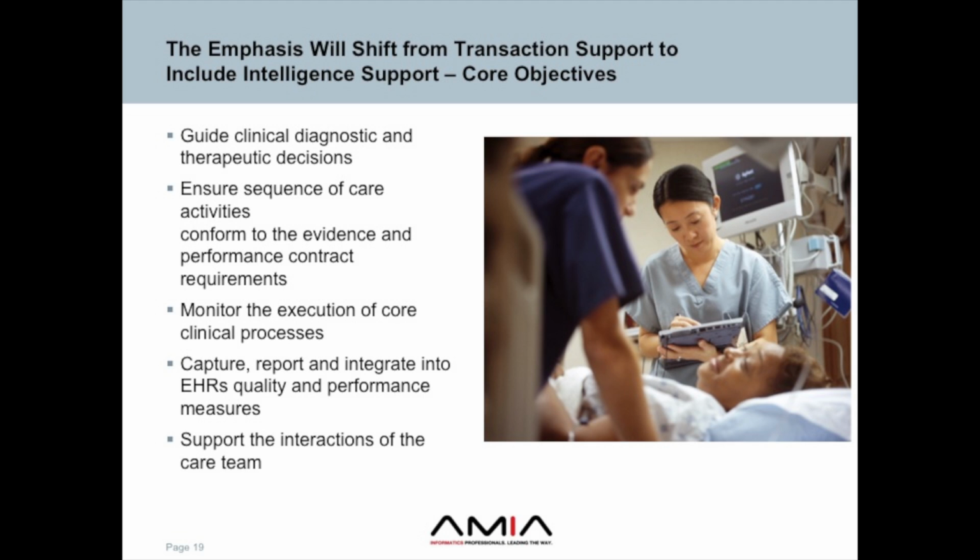And so what's the right way to treat a form of leukemia or whatever? To ensure that the sequence of activities in a process could be those related to the evidence of diabetes or asthma or whatever. This is the right sequence that ought to occur. The sequence could be what I refer to as disease-invariant processes. Follow up an abnormal result, a transition of care. They happen all the time across a wide range of diseases. They just have to work well.